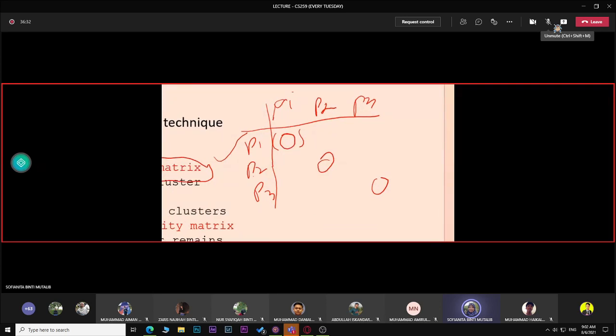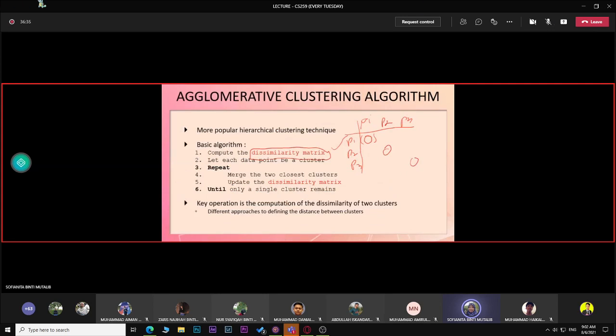Okay, so you need to identify what will be the distance of P1 and P2. Using the Euclidean distance, each object has an X and Y value. So you need to use the Euclidean distance: X1 minus X2, power 2, plus Y1 minus Y2, power 2, and then square root, and then you will get the distance of 2